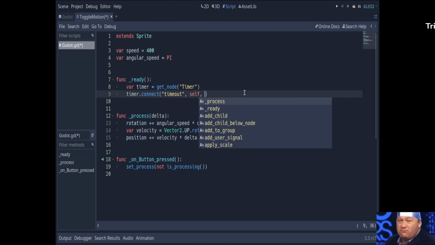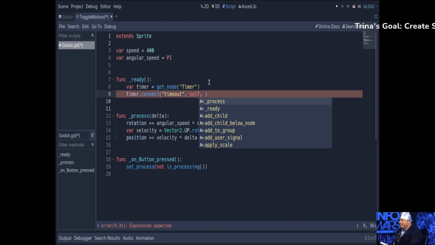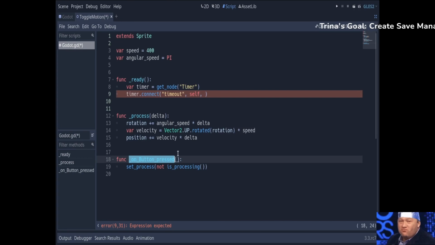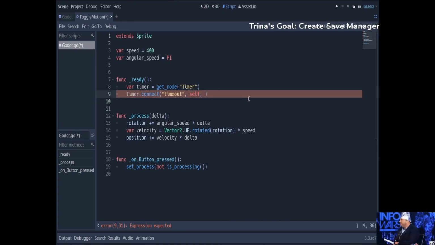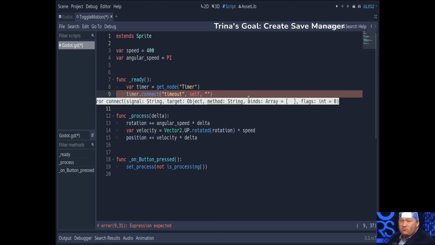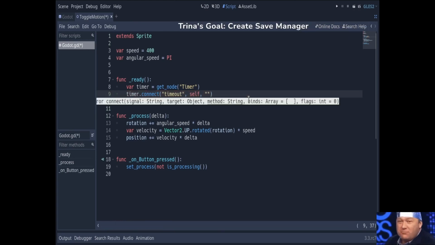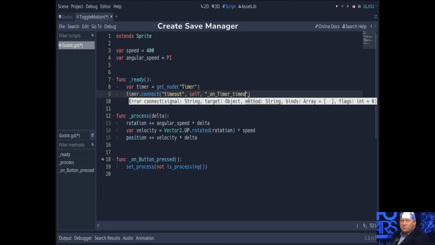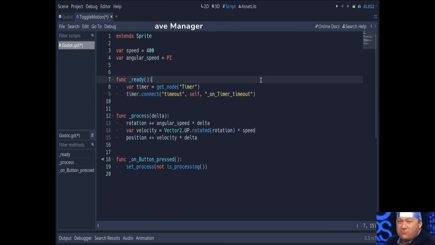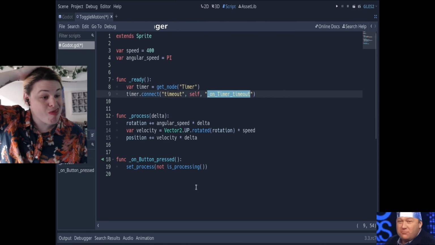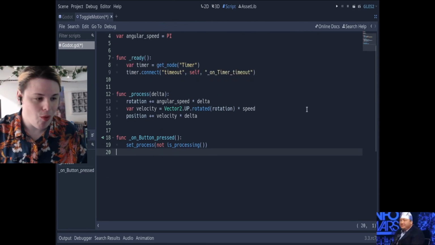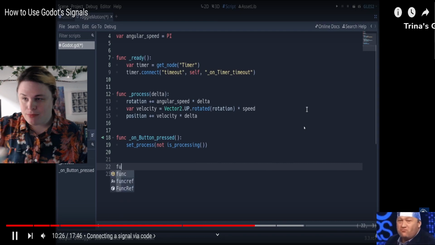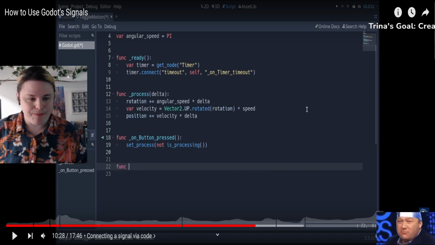Then we add another comma, and we need to give it a function to call. Again, you remember on the interface, we had the onButtonPressed method called for us. Here, we're going to create a new one. So add some quotes, and we're going to name it following the same convention, underscore on, underscore timer, underscore timeout, which is the name of the signal. And you can copy that name, because we need to create a function now. And at the bottom of the script, add a new function with a